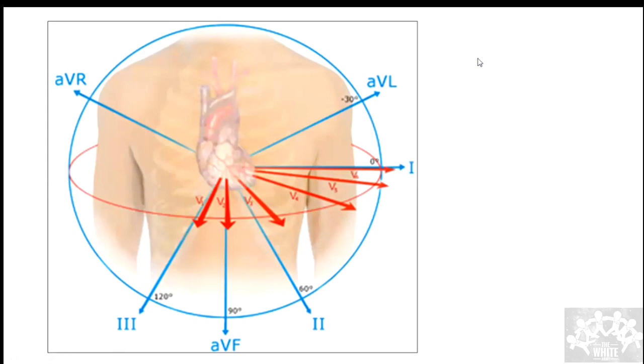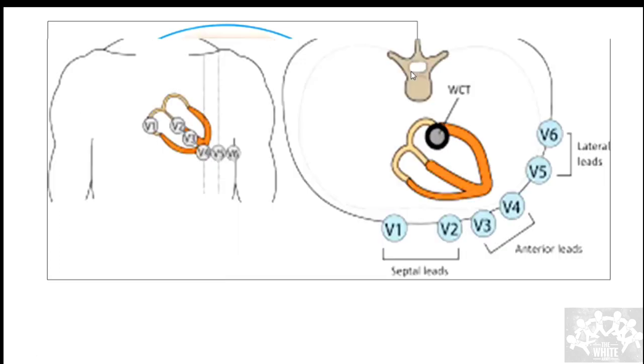Understood? What is the need for lateral limb leads when there are lateral chest leads? There is something called a high lateral wall MI, wherein you can see ST elevations only in 1 and AVL. V5, V6 will be absolutely normal, because they are seeing only in the horizontal plane. Someone has said this: chest lead is a different cross section than a limb lead. Very good. V5, V6 see only the horizontal plane, but if it is in the frontal plane, I may not pick it up. That is why. We'll come to high lateral wall MI when we discuss MI.